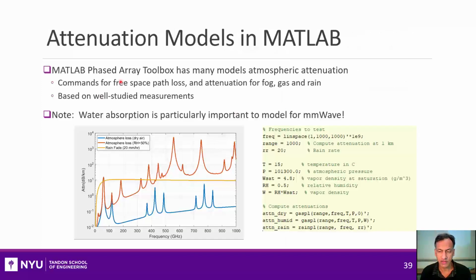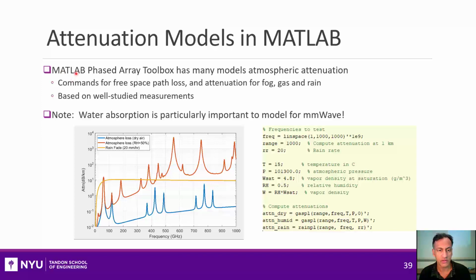The next type of attenuation that I want to quickly talk about is atmospheric absorption. This is particularly important to model correctly if you're looking at long distance transmissions in the millimeter wave bands. So for example, if you have a long distance point-to-point link, definitely a satellite link. Now, there's a whole theory about mathematically modeling the effects of water absorption, but luckily MATLAB's phased array toolbox gives